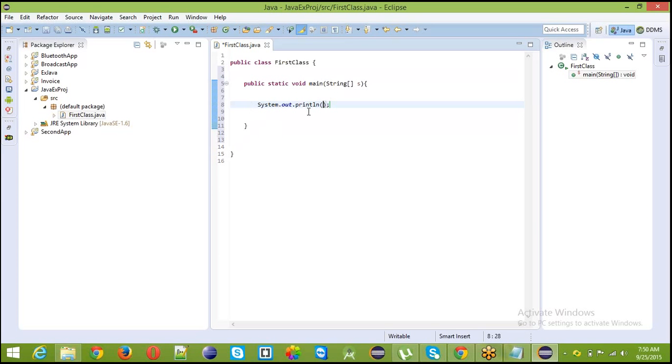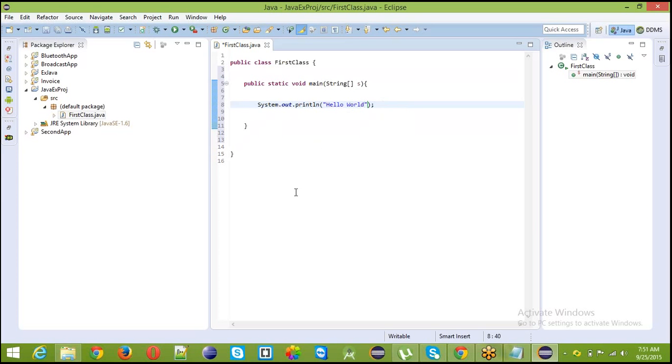This is a method used to show some lines. I am writing hello world. A simple program. This is a class, this is a method, the starting method, and it comes over here and executes this line.